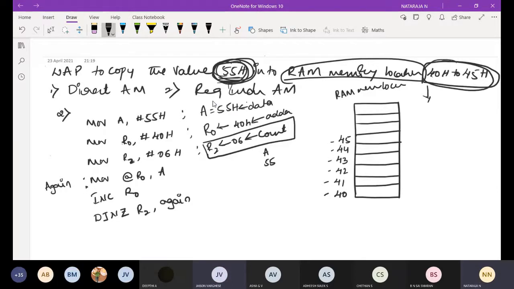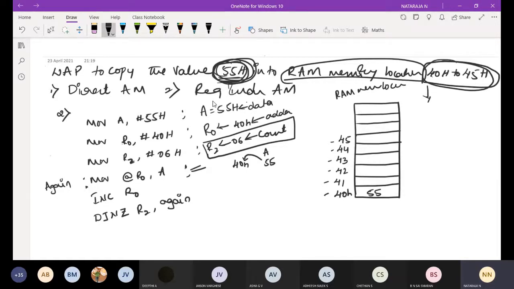Then at R0, what is the address location we have? 40 is there. Now I'm going to store this accumulator data 55 to the 40H address. After this instruction, 40H will be loaded with 55. Now after this, INC R0.